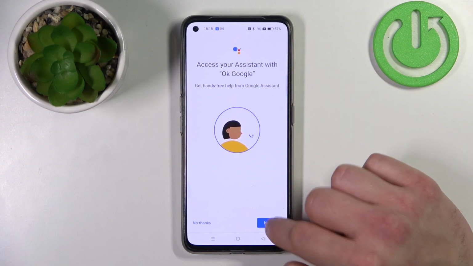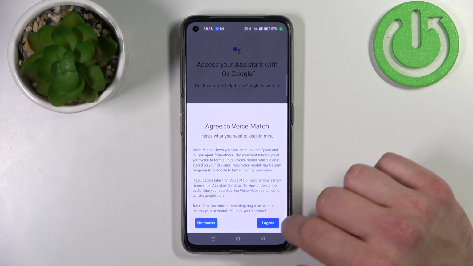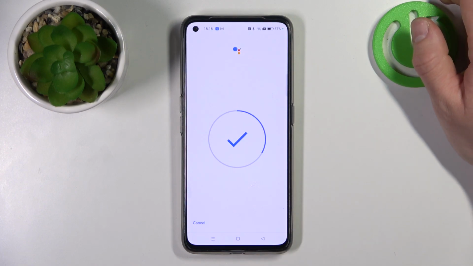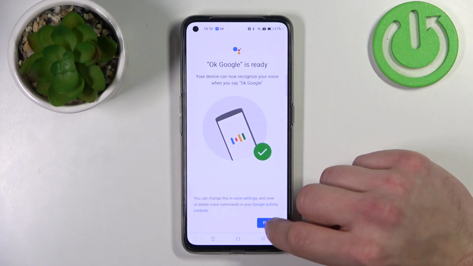Enable voice match, tap next, agree, and now say OK Google, OK Google, OK Google, tap finish,